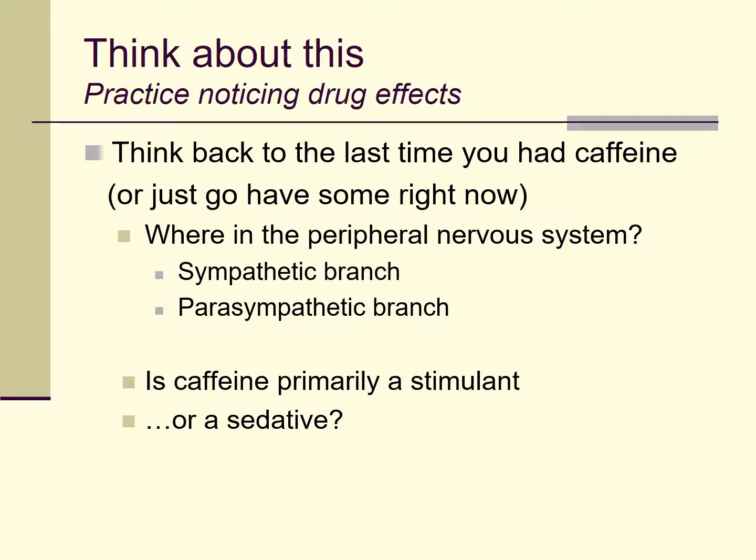recently, is try and use your powers of reflection and attention to notice, if you can, effects of a drug in your body, and try and use those experiences to help you learn about the stuff that I've just covered in this lecture: the autonomic branch of the peripheral nervous system, specifically its sympathetic and parasympathetic components.